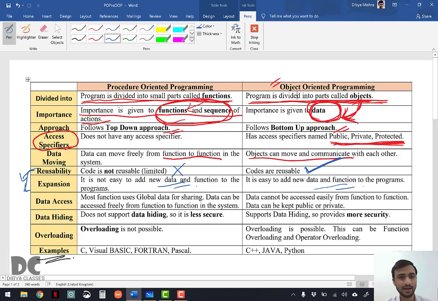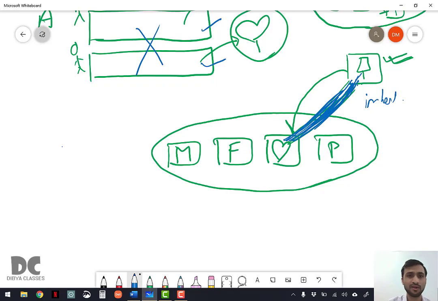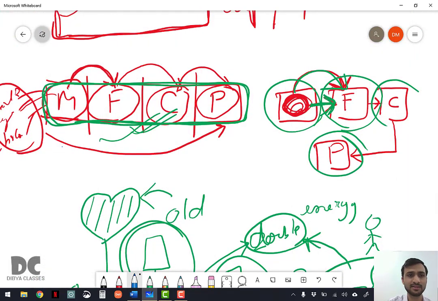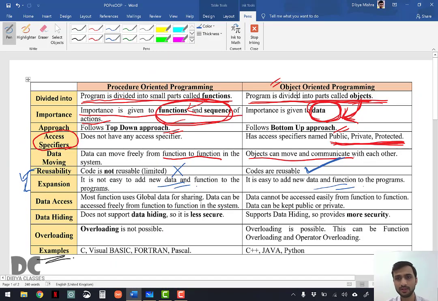Next, data access. In POP, most functions use global data for sharing. Data can be accessed freely from function to function. Here, while using this machine, there was no problem in accessing the data. Data was easily transferred from mixing to freezing, freezing to cutting, cutting to packing. But in OOP, data cannot be accessed easily from function to function.